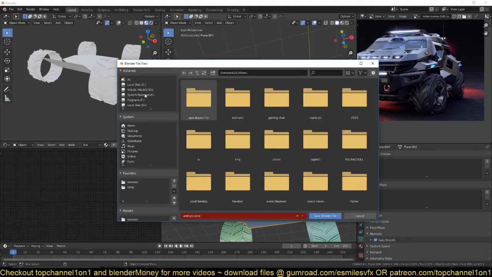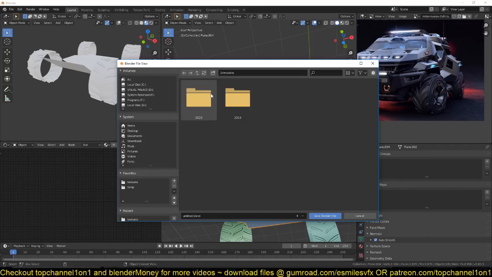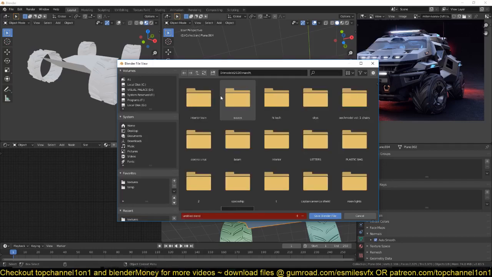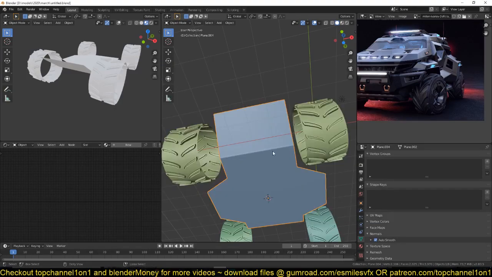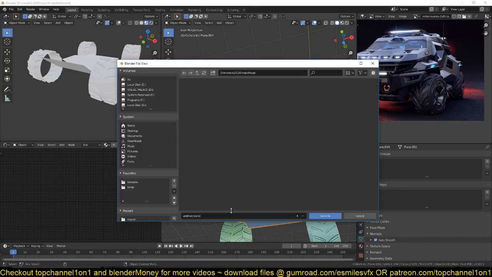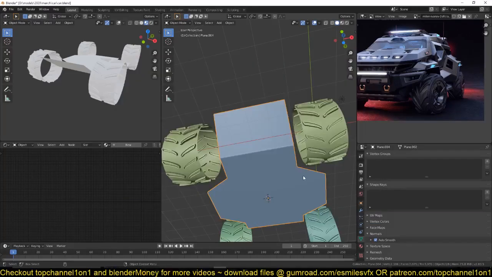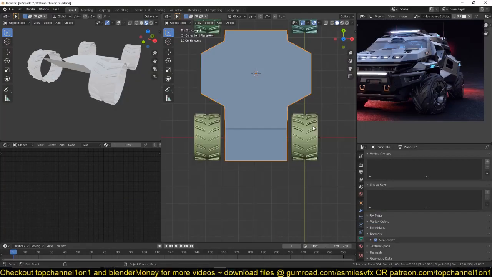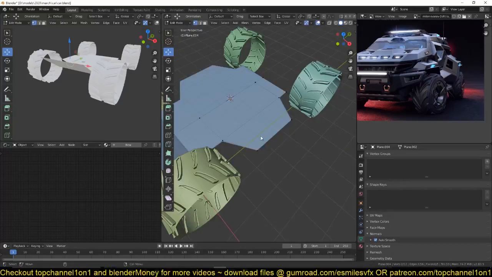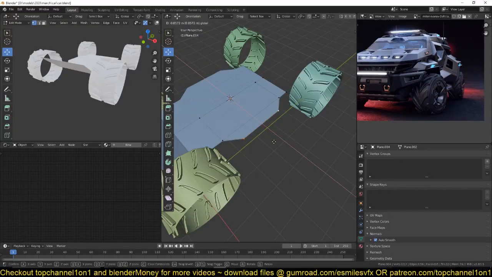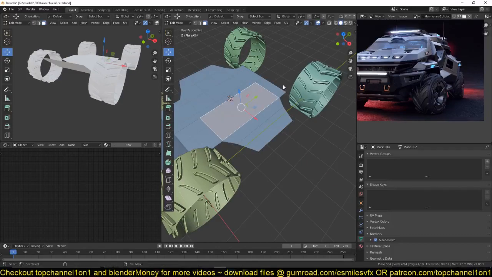Just save this somewhere safe. Let's call this car, copy that. I'm just going to pick up pace here because I think we are becoming very slow here. We're going too slow, so I'm just going to select, push this in, also maybe extrude this. Then select